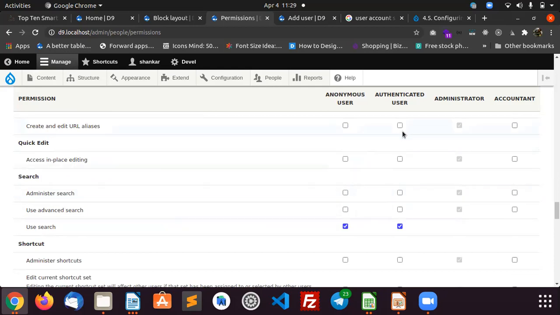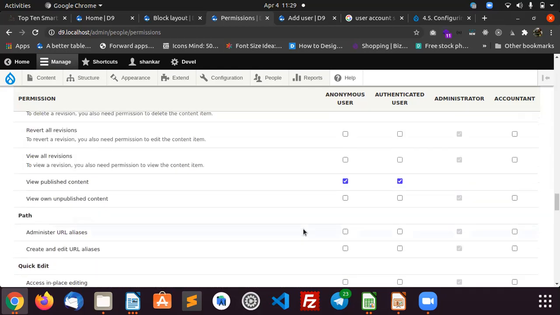Currently, this is the anonymous user. They can use the search form. Whatever checkbox is enabled, you can check it.